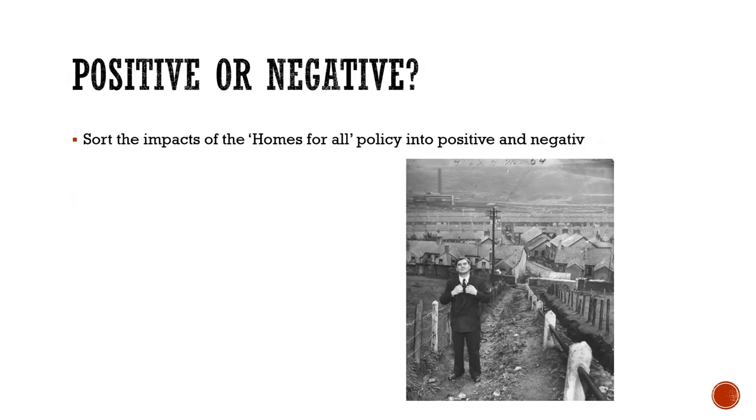So you should have a sheet attached to this video, and what I want you to do is sort the impact of the Homes for All policy into positives and negatives. So positives, that it helps people, and negatives, why was it not quite what it should have been. Again, there is a sheet with the YouTube video from the previous slide attached to this. Watch the YouTube video to finish filling in your spider diagram, and then sort the impacts on the sheet that's attached to this for me. And once you've done that, we're done. Thank you very much.